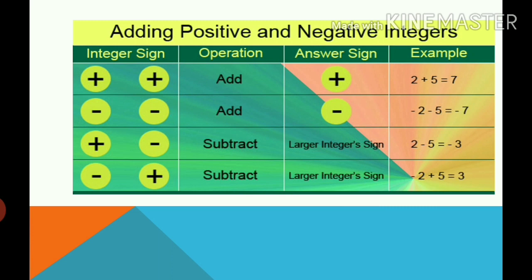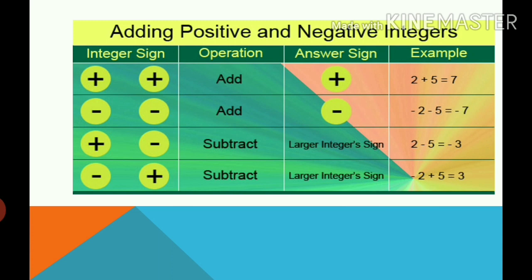Now see in the second, when you multiply minus with minus, you will get add. You will get addition. Minus and minus will become plus. It means that you will do the addition. Here it is minus 2 and minus 5. Minus minus is plus. You will do the addition. 5 plus 2 is 7. Remember that in the answer you have to write the sign of the bigger number. So the bigger number is 5 and with 5 here it is a minus sign. So you will put a minus sign with 7. So minus 7 is your answer.